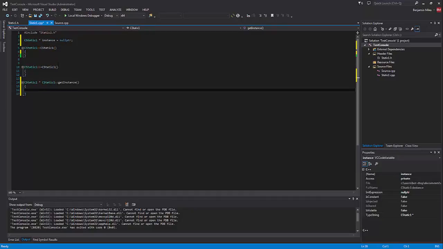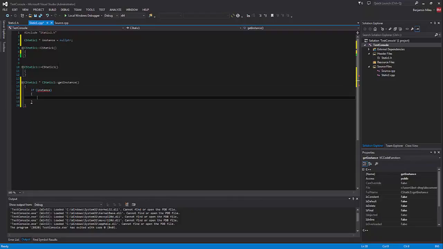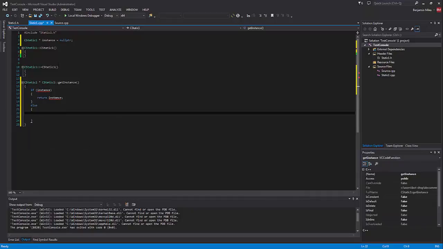So we make it a null pointer off the bat. If somebody is calling getInstance, we say if instance, return instance. Why doesn't that work? See in a second. New